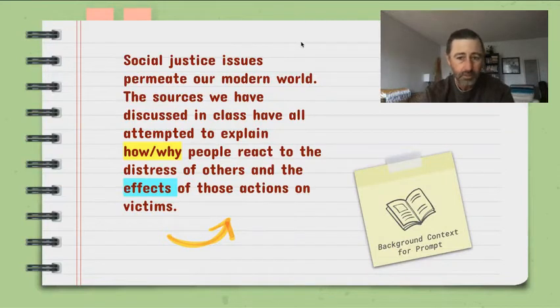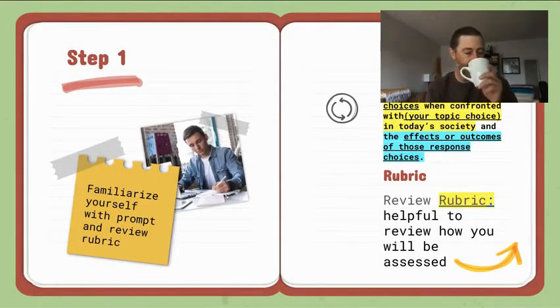So, your actual background context here is that social justice issues or issues of social injustice permeate our modern world. The sources we've discussed in class have all attempted to explain how and why people react to the distress of others, the way that we do, or why we don't react, and taking a look at the effects of those actions on the victims. So, step one,